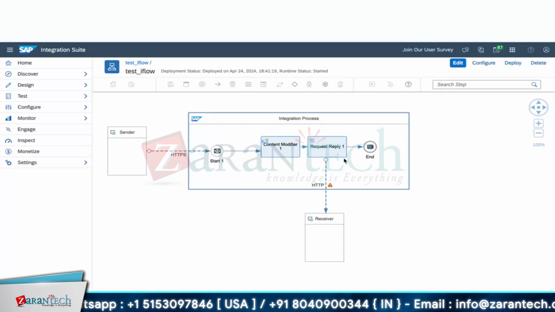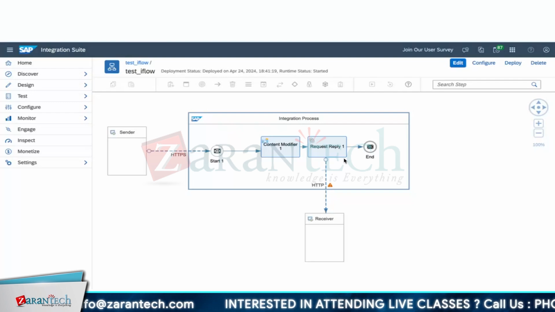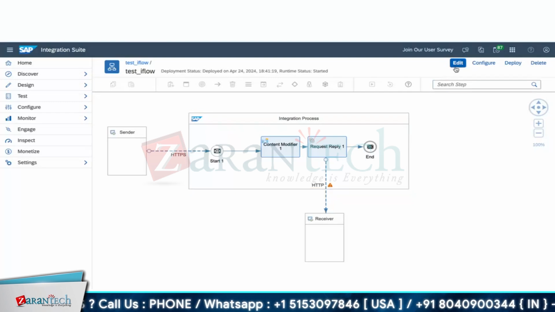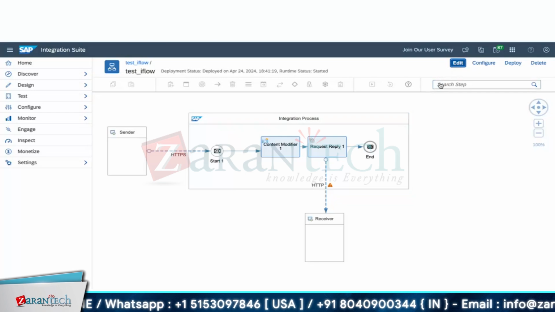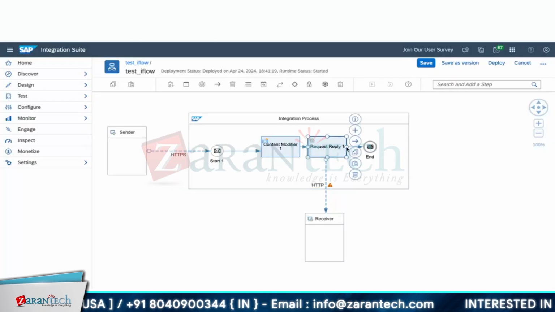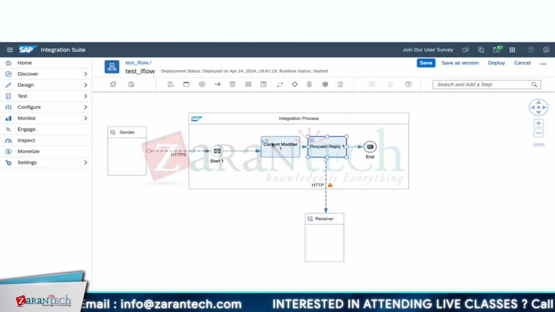Okay, so this is an OData service, right, which is in S4, and we are trying to consume it in the iFlow. Yes, correct. So why are we using the HTTP adapter? Can we also use the OData adapter to consume this? We can definitely use the OData adapter. But when you create your trial account, you will not have the OData adapter. Let's take an example: if I put this one to a receiver,